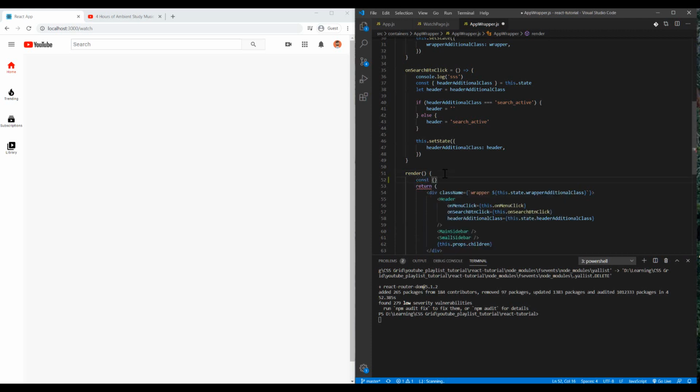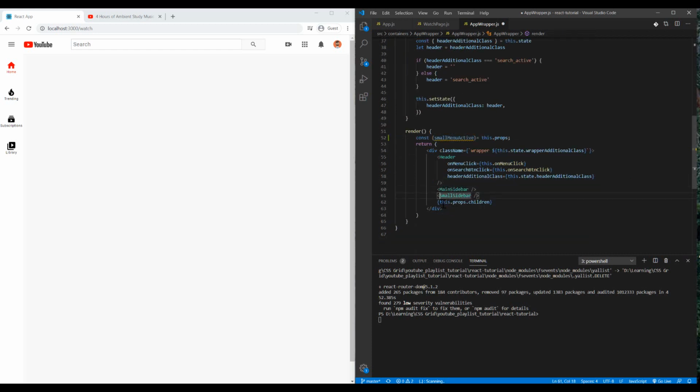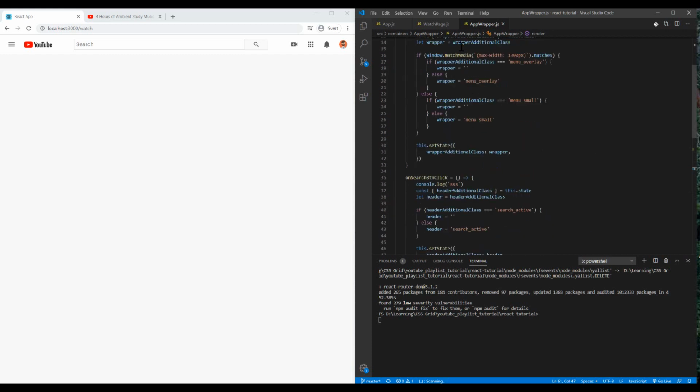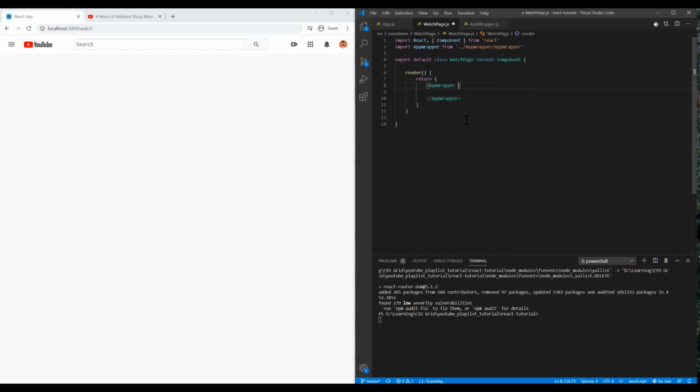Const small menu active, it should be equal to my props, and then if it was active, okay, and let's set small menu active to false,